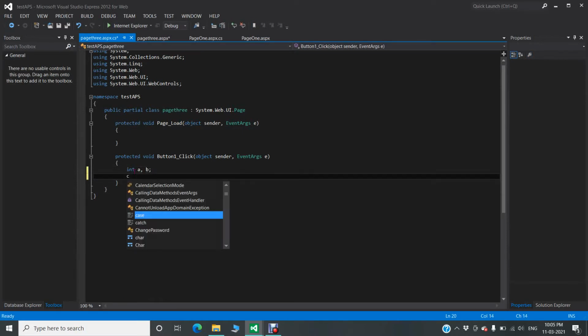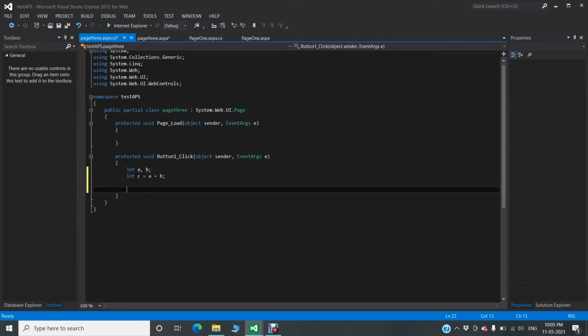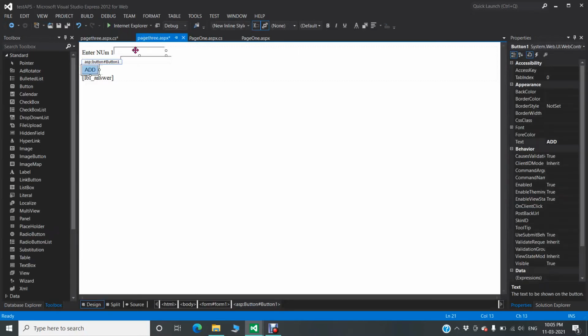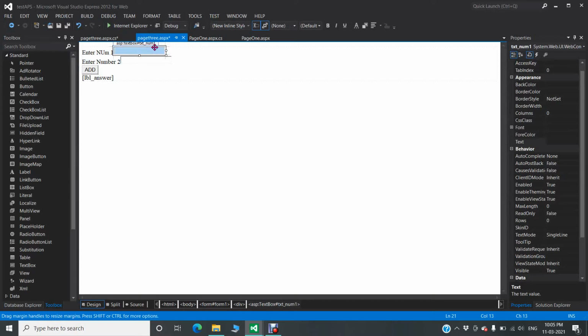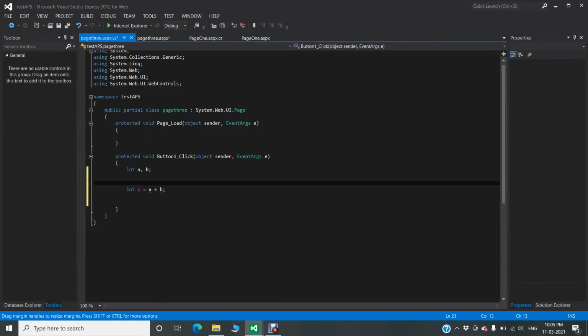Okay, int c is equal to a plus b. This is the code for adding two numbers. Now the question is, what is a, what is b? A is this text box. txt_number1 is a, and txt_number2 is b. So a is equal to txtNumber1.Text;